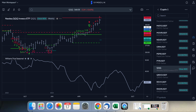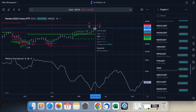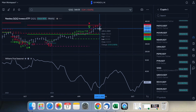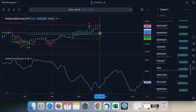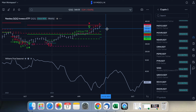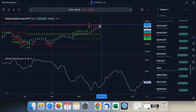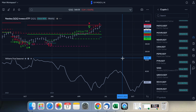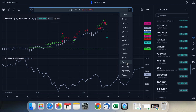let's see. How about the Qs? How about NASDAQ? It's on a sell perfection setup, plus you got a continuation of 6 bars. So I mean, you could get 3 more weeks of upside on Nasdaq, but I know Larry is talking about seasonality. Usually, the stock market sells off starting around June 15th. He's thinking it probably goes down to at least somewhere around July 20th, 25th. So I'd definitely watch for that. And this is a weekly setup on it. So the daily, I believe, it's on a 13 bar. Could go up four more days on the Nasdaq, but I think we're getting stretched pretty thin on